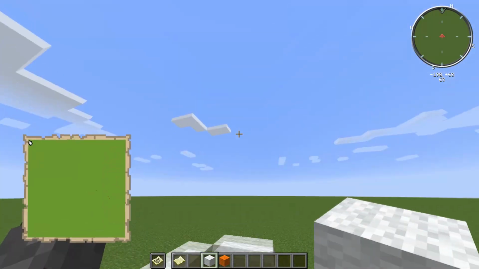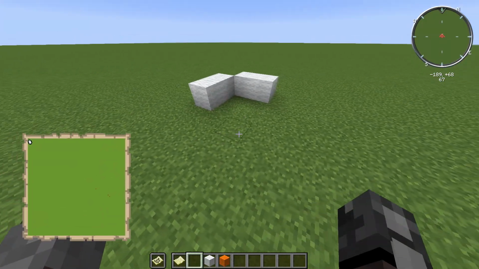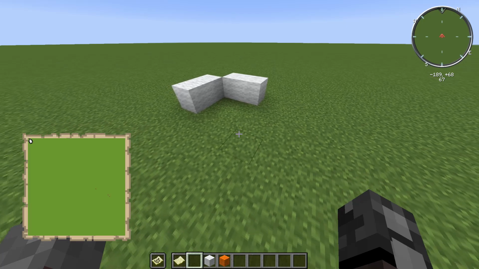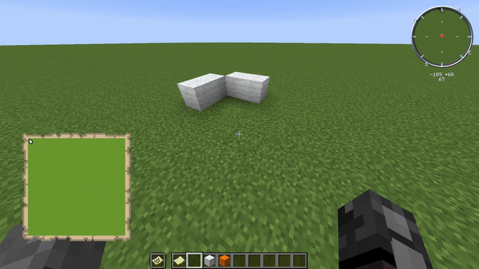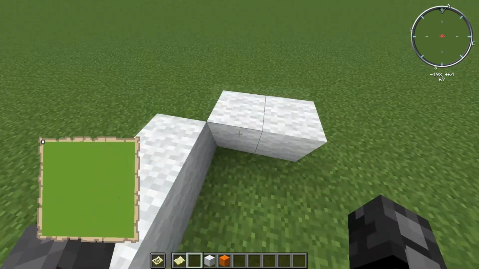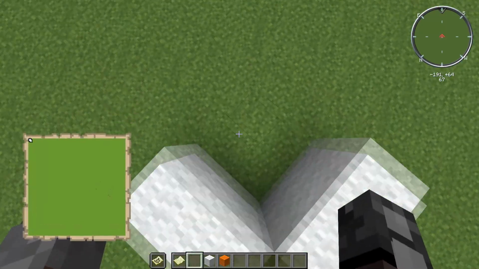But if you are going to build in the sky, make sure that it's below 128 blocks from the build limit, because map art can get 128 blocks high at a maximum. So be sure to keep that into account. So once you've cleared your area,